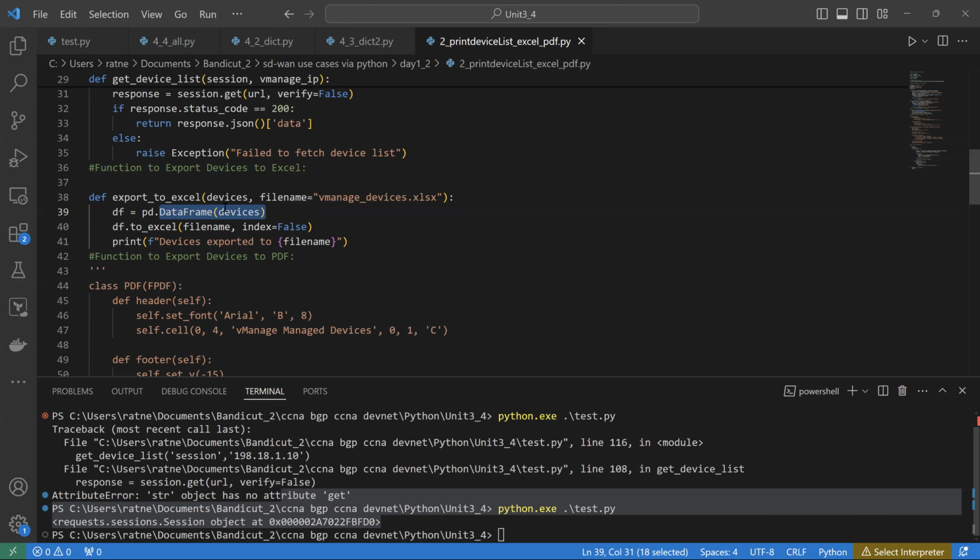right? pd.DataFrame takes the device list that you have seen in the URL, the big device list that you are getting, and we are putting it within pandas. Then everything is done by pandas. Pandas is taking that JSON and converting it to Excel. This is a pandas function again. This is also a pandas function. So pandas takes that as a DF, and then this DF we are converting to Excel, and we have the file name. That's it. Taking the JSON using Python pandas and converting that to Excel,